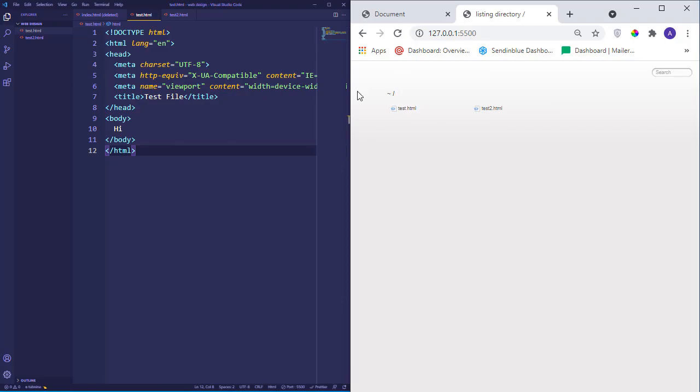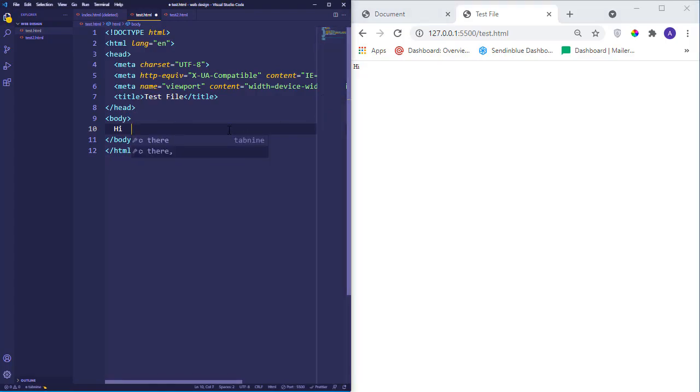If you don't have your index.html file, then you can manually select which file you want to preview. In our case, I want to preview test.html, so I can click on this, and here I can write anything, hi there, and it will show the output. That's how you can use this Live Server extension.